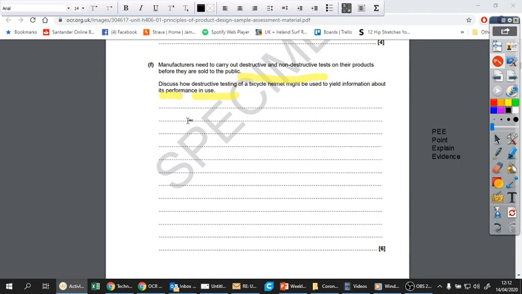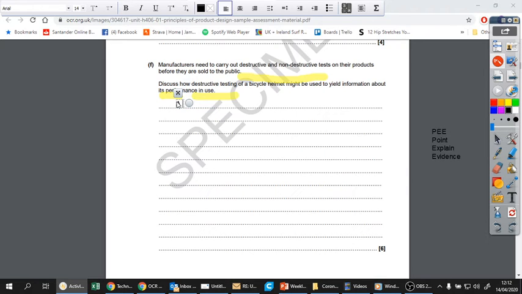So if I can start up here, is it going to let me? Let me just move there. Always start your paragraph with a little indent in, for the simple reason that the moderator is going to have many, many to mark. Also, you need to check your answers. So if you start a little bit in,